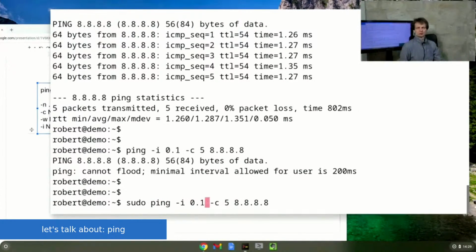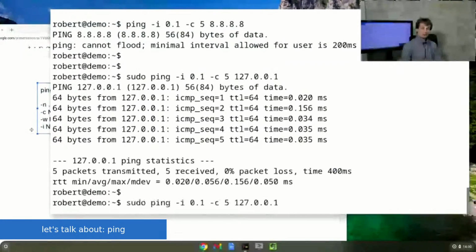And if I want to make this interval shorter and shorter, I don't want to ping an external system here. I don't want to flood a foreign system with my pings. So just for now, let's ping the localhost. But within your network, you can choose every destination you want, of course. Okay, so let's ping with an interval of 100 milliseconds, and you can make this even shorter,